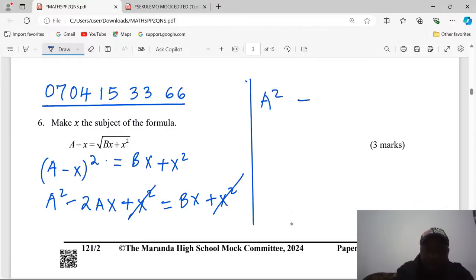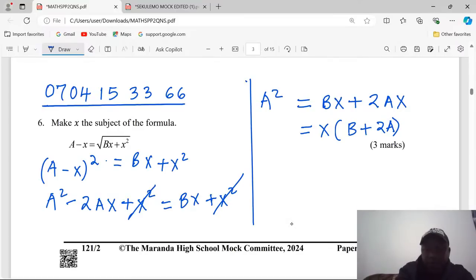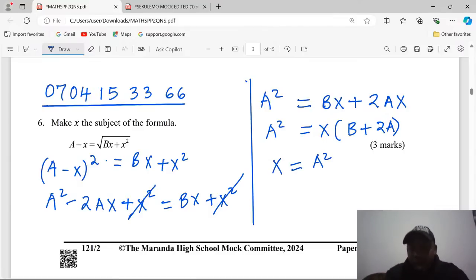squared equals to, we are having bx. Then now we add, when we take 2ax to this side, it becomes positive. And now we can factor out x such that we remain with b plus 2a. Remember, at this point, we are still having our a squared. So to remain with x, we divide a squared by,